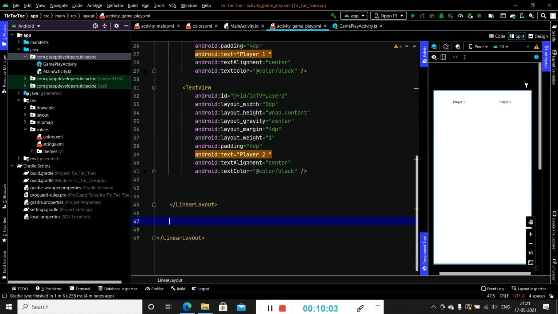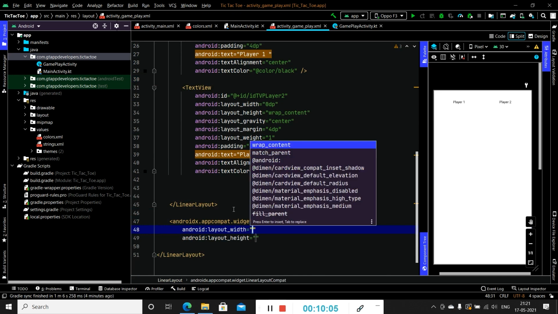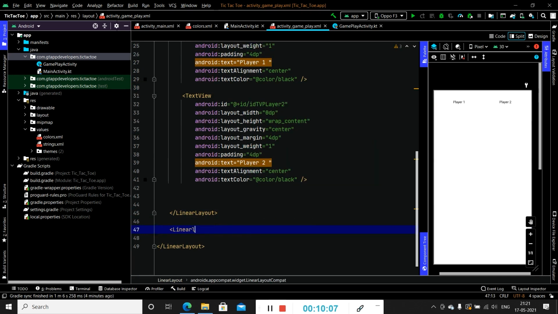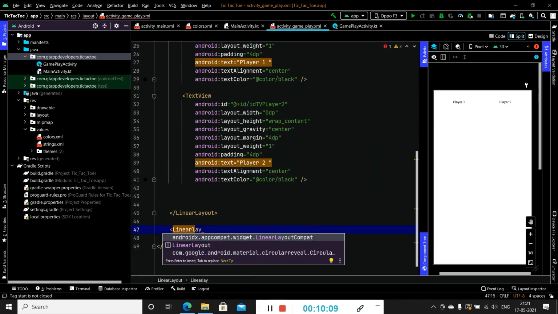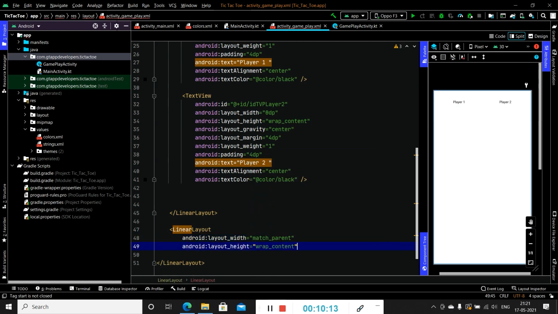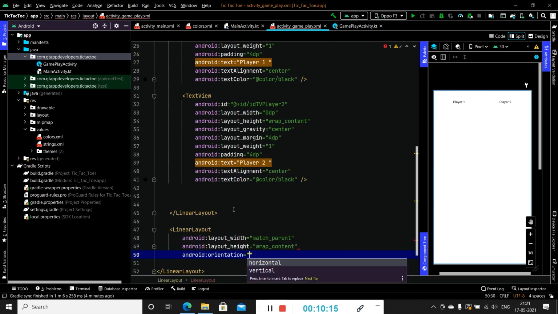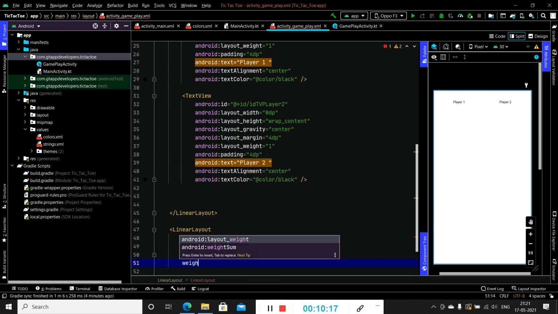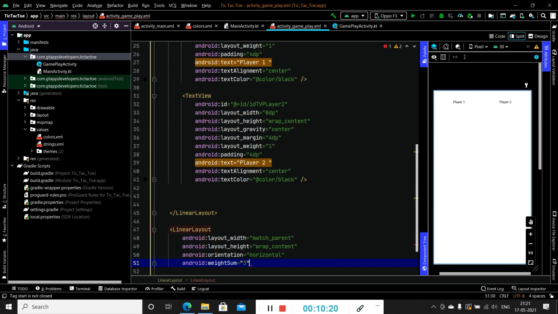So for that we will create another linear layout. Here also we will specify width as match parent, height as wrap content, orientation as horizontal, weight sum. Here we will be creating three boxes, so we are specifying weight sum as 3.